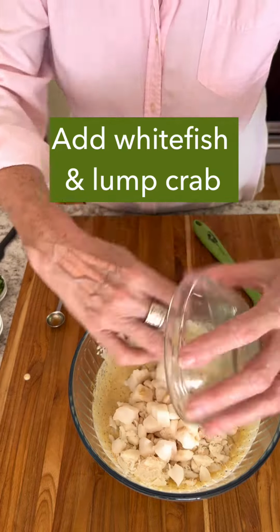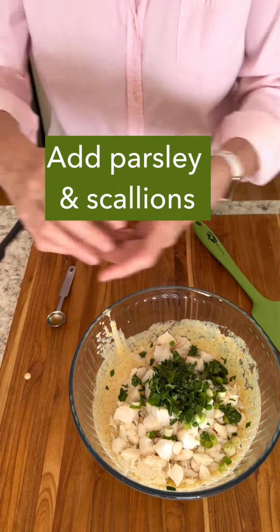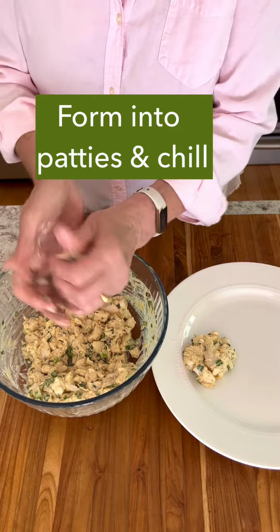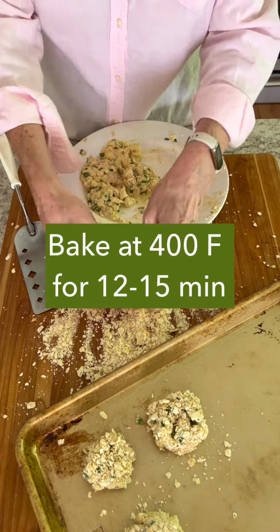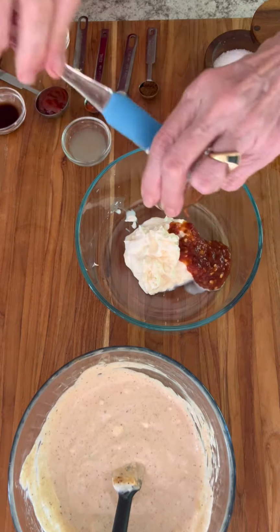Stir that together and then gently fold in some chopped whitefish, some lump crab, some parsley, and some scallions. And now make them into little balls and put them in the refrigerator to chill for about 30 minutes or so. Dredge them in some coating or just leave them and put them in the oven at 400 for 12 to